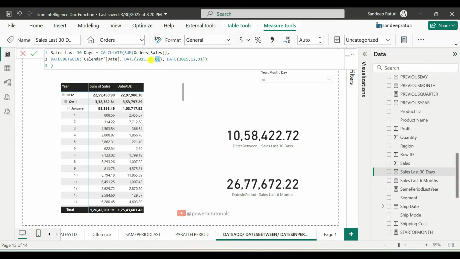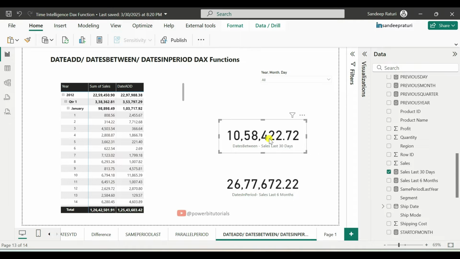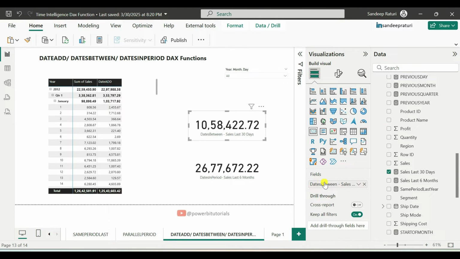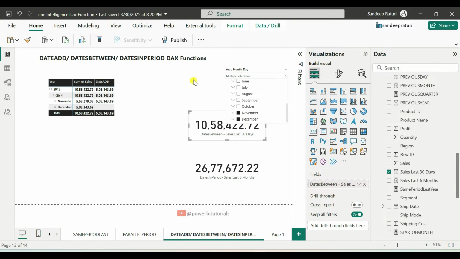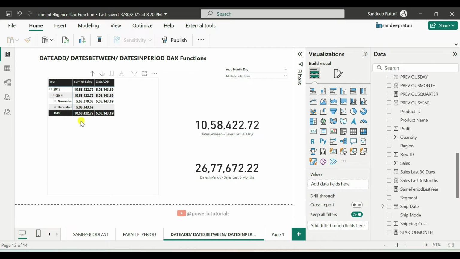So here I define the November and December months. How will we cross check the result? For that, first I added one card visual in the report page, and in the card visual I added my dates between measure, and in the slicer we will select the 2 months November and December. You can see here, and in the matrix visual you can see the sum of sales for the November and December months is 10,58,422.72,